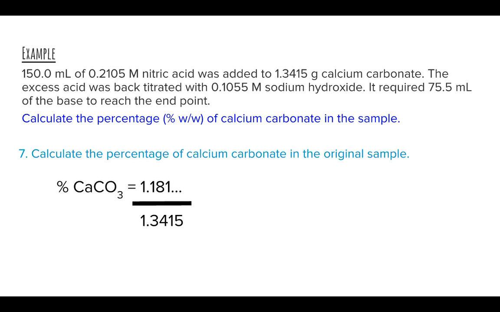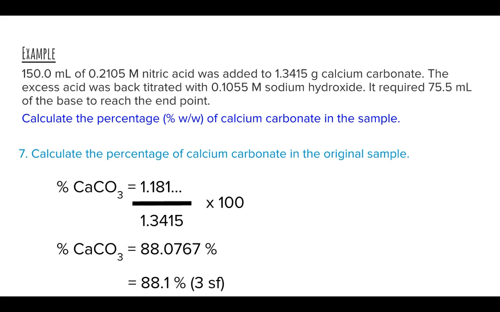Our last step, in order to answer the question in its totality, is to calculate the percentage of calcium carbonate. So there we're looking at the mass of calcium carbonate that reacted with the nitric acid being 1.181 ... divided by the mass of the calcium carbonate that was originally added to the nitric acid, or vice versa, which was 1.3415. Of course, for a percentage, we're going to times that by 100. We get a value of